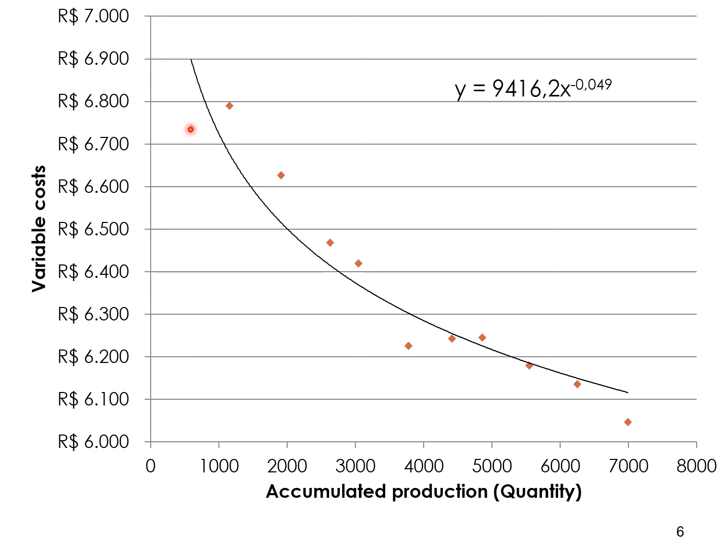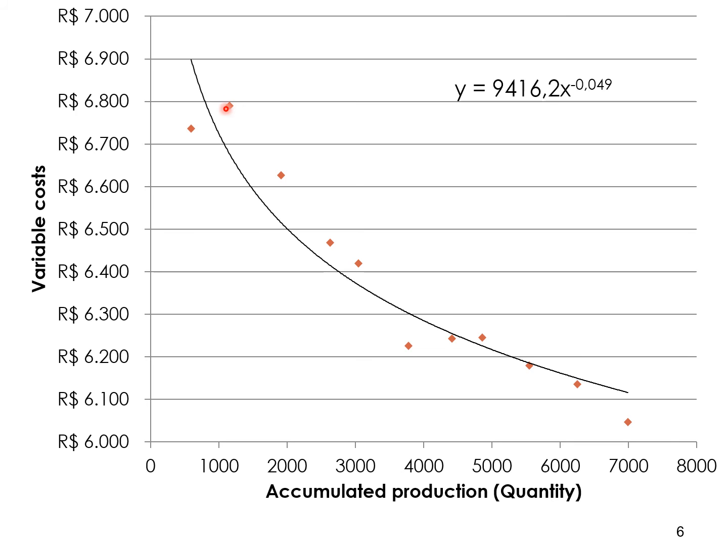There's something very close to that. And in the next level, the next semester or year, you have an accumulated production of 1.2 thousand units, and the variable cost was very close to